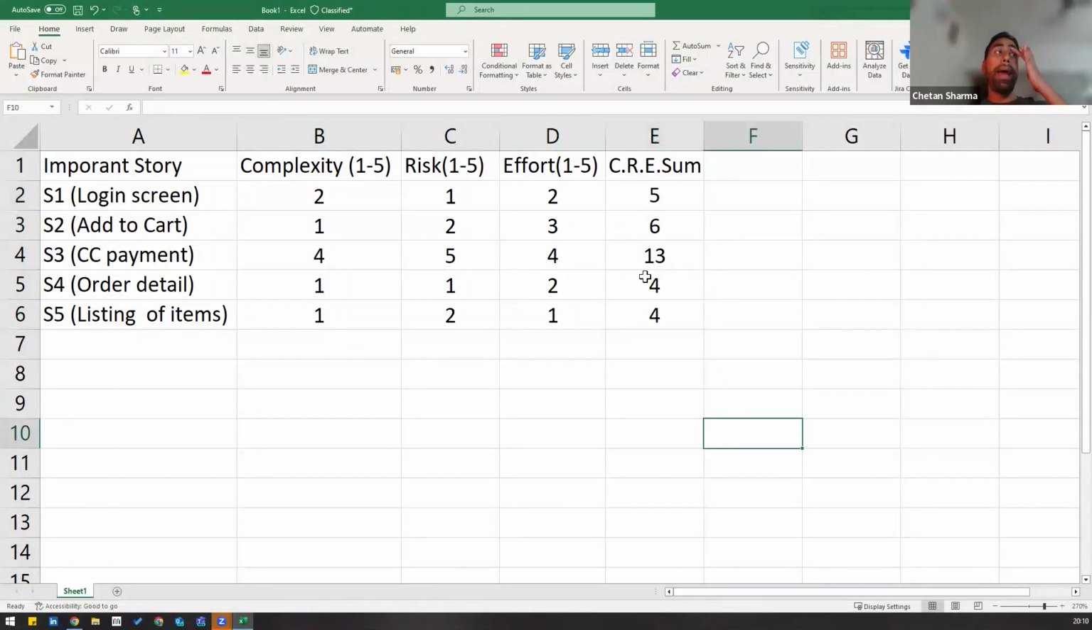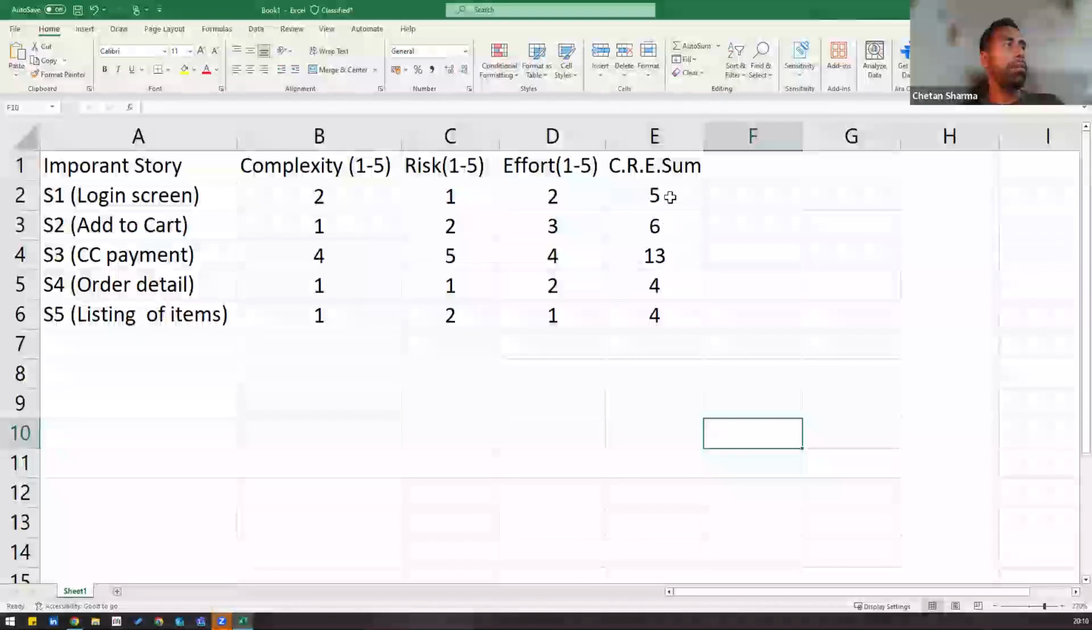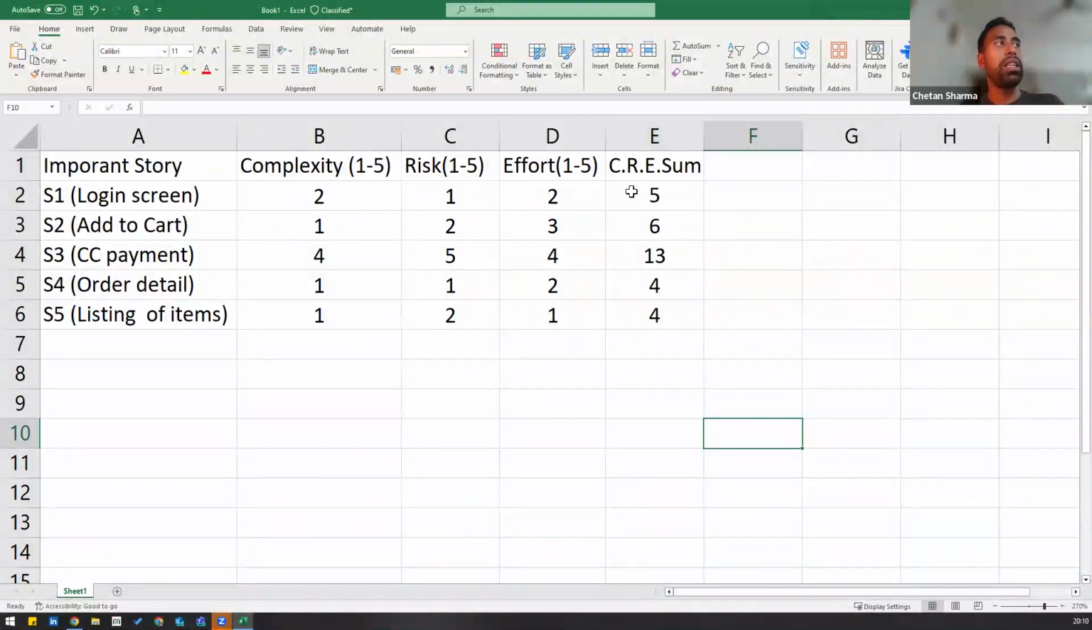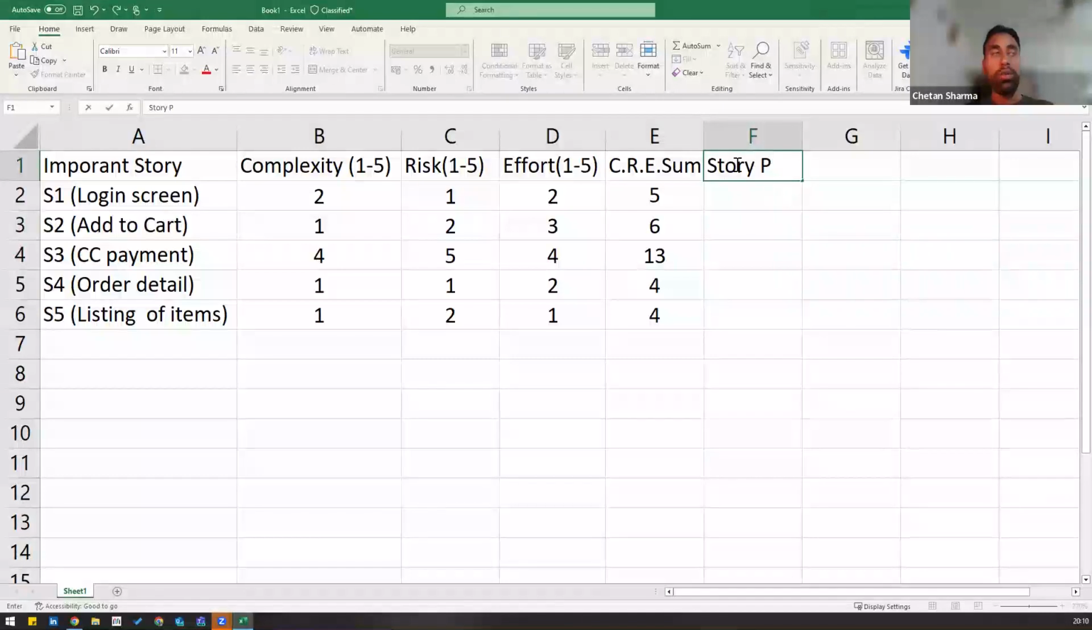Now we will map these things. So what we will do is we will put these stories in the order of 13 max to high. So this is the maximum total we have. So 13, 6, 5, 4, 4. Now when we are doing the story points, right now what we are doing is story point